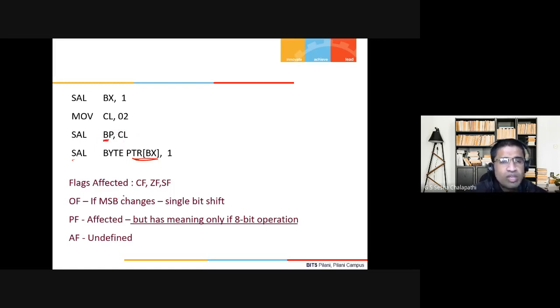So basically, when you do an SHL or SAL, the flags that will be affected will be the same: carry flag, zero flag, and sign flag.